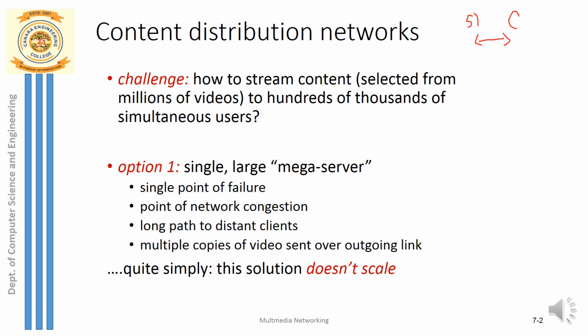So what is the meaning of server close to the client? It should be something like the client should be geographically located closer to the server. Whenever a client is requesting some video, the request should be redirected to the closest server, which is geographically located closer to the client. So it will take very little time for the server to send the bytes, and to respond with the requested file back to the client.